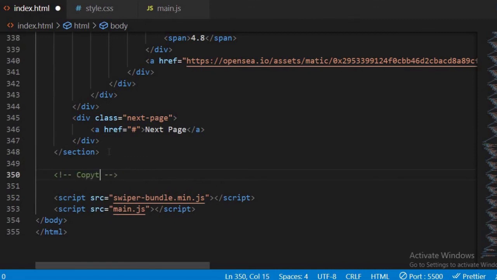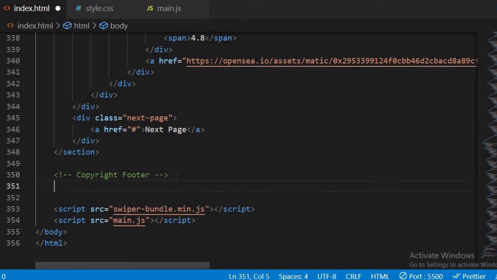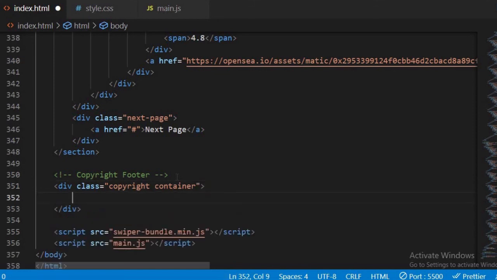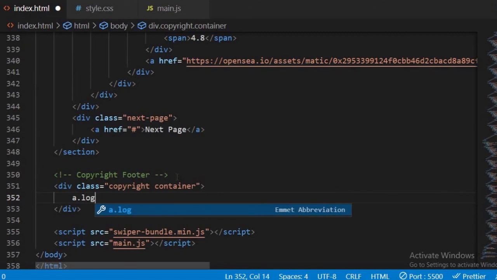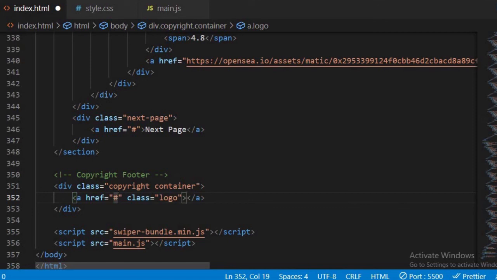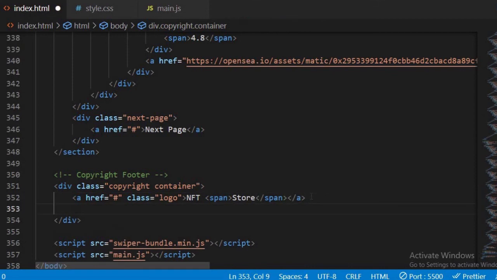Copyright footer. Okay, so let's create a div and give the class of copyright, and also a class of container. And over here we're going to have our anchor tag, and this is going to have a class of logo. And of course we're going to say NFT. Let's create a span NFT store, and let's just create a copyright text